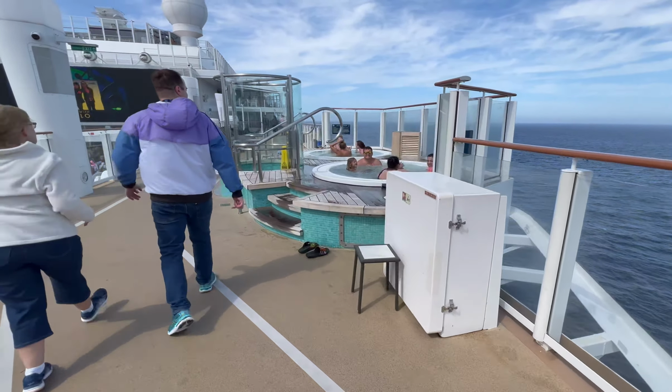But this is the Tunnel of Doom. I don't think they have this. I don't think this is a thing on the Encore. I don't remember, but